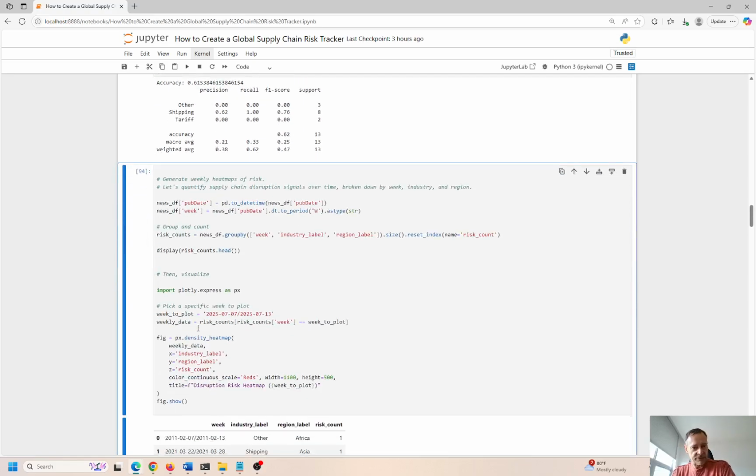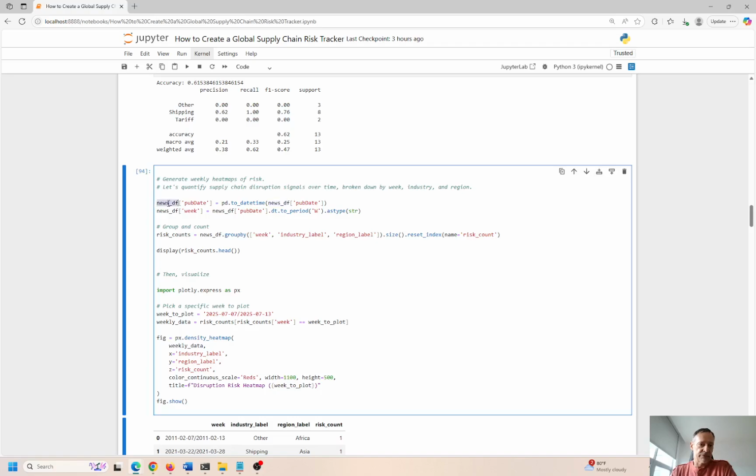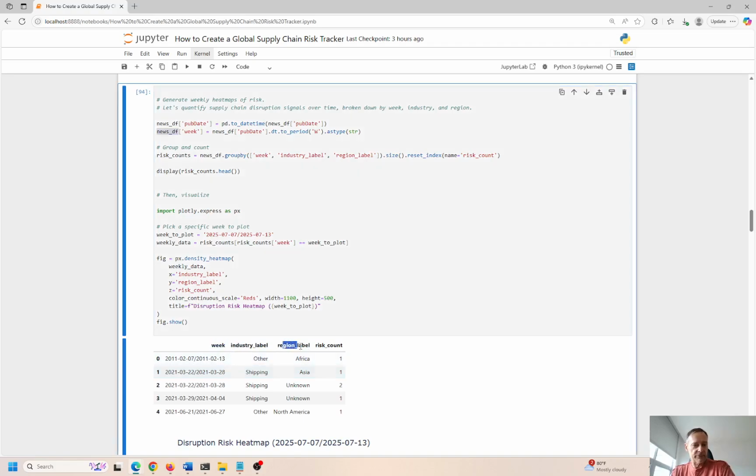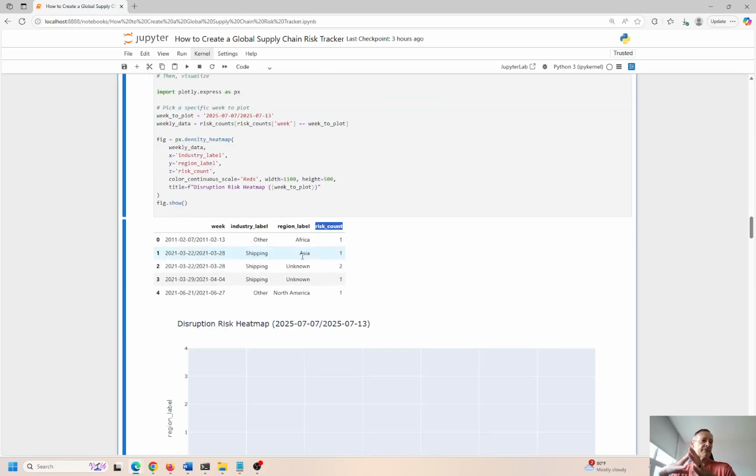Let me hit Control Enter here. So at this point, we're getting the news data frame published date, and then news data frame week. So we get the week and the data frame, right? So we have week, industry label, region label, and then risk count. And again, like I said, maybe 10 minutes ago or whatever, we're not doing every single